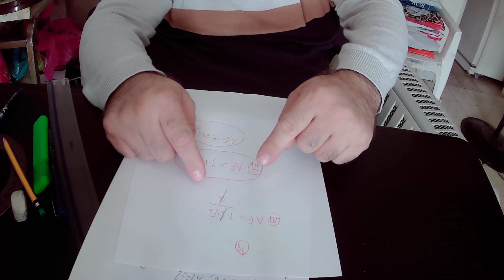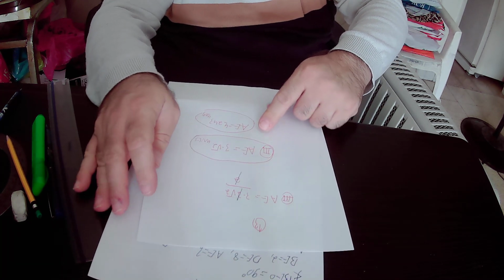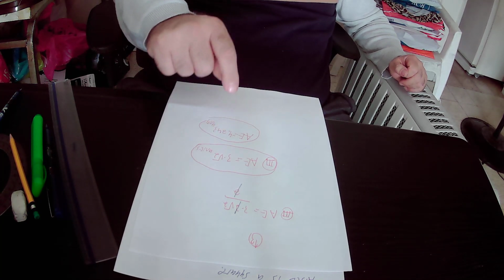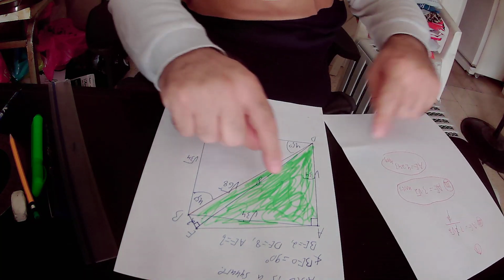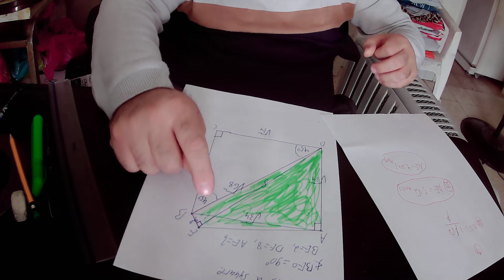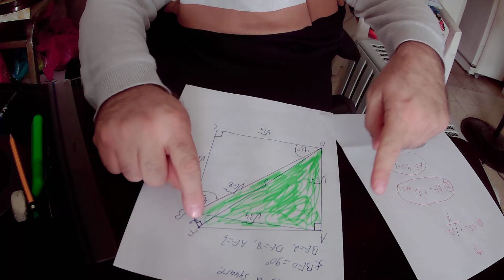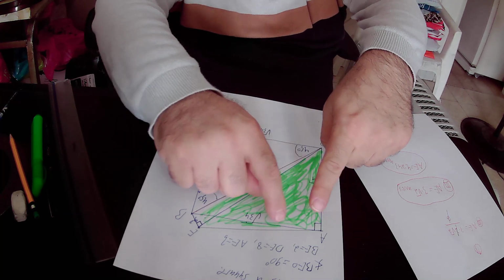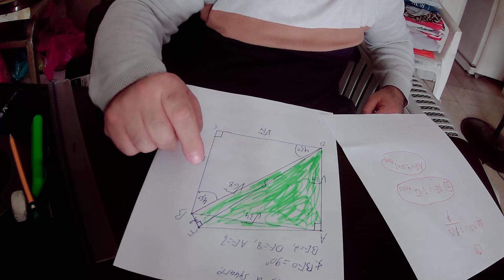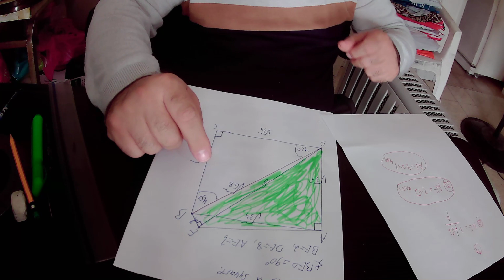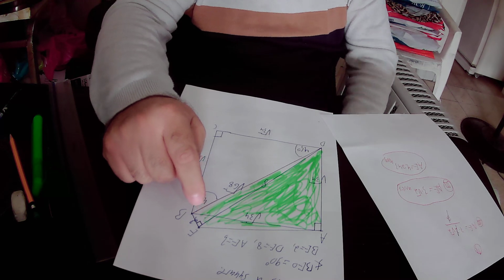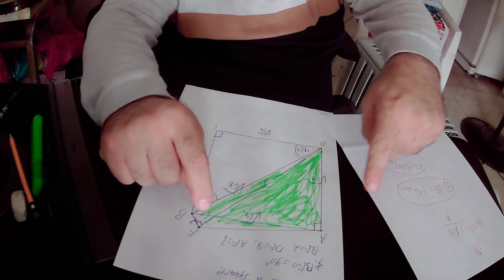So 2 over 2 is 1, so the 2 gets cancelled, and we got that the size of AE equals 3 times square root of 2 units. Again, the size of this line segment AE equals 3 times square root of 2 units, or in terms of numbers, the size of line segment AE equals